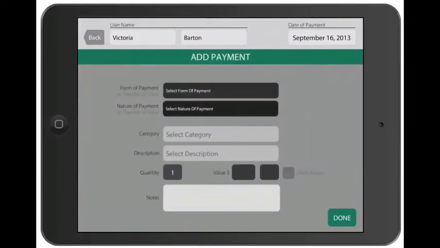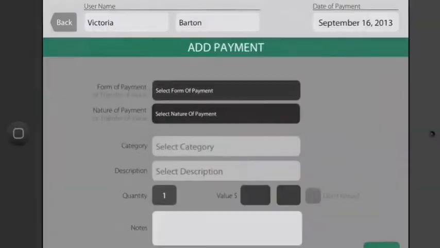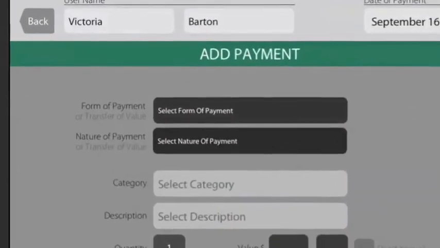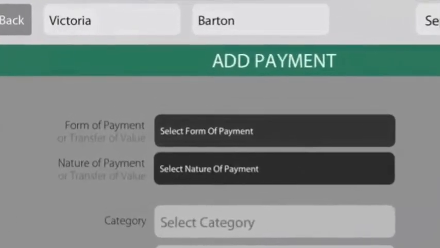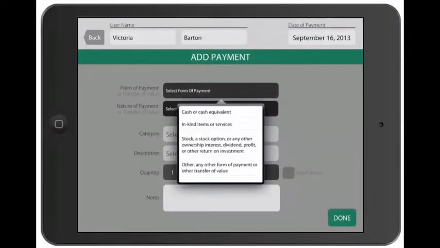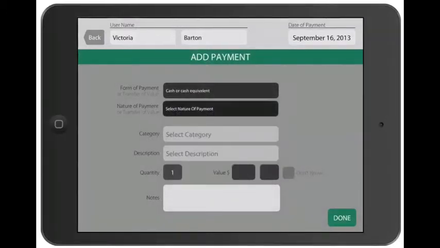To add a payment, we simply select the doctor's name entirely, which takes us to the next screen where we enter the details of the payment. The first 2 fields are form of payment and nature of payment. These are CMS determined categories. For form of payment, we're going to choose cash or cash equivalent, and for nature of payment, we're going to